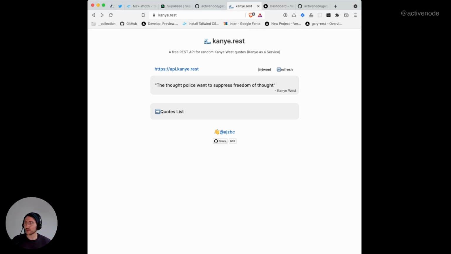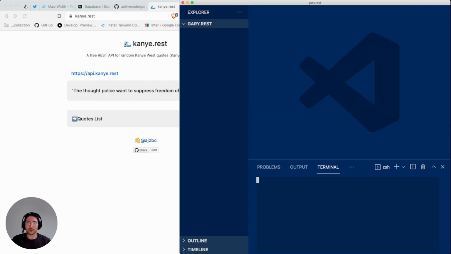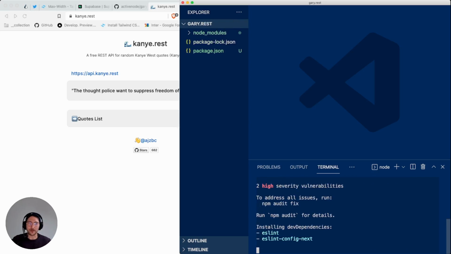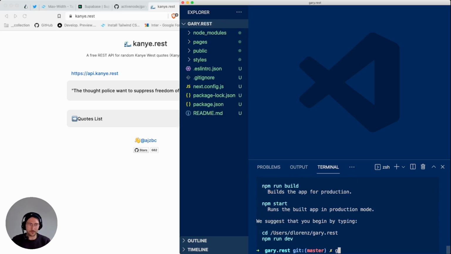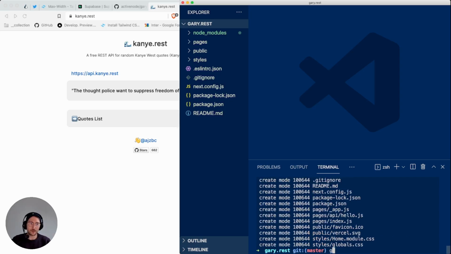So let's switch to the editor. First things first, open up your terminal. And once that's done, the second thing you want to do is call npx create next app and wait until the setup has run through. That can take a few seconds usually. All right, when that's done, you call git add and git commit to just say cool stuff added and push it.